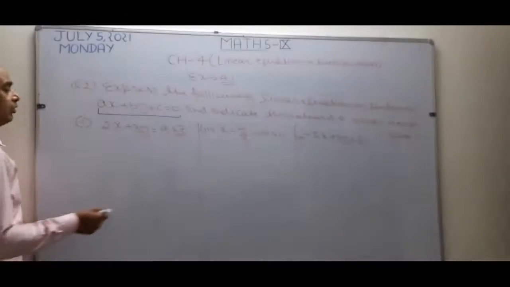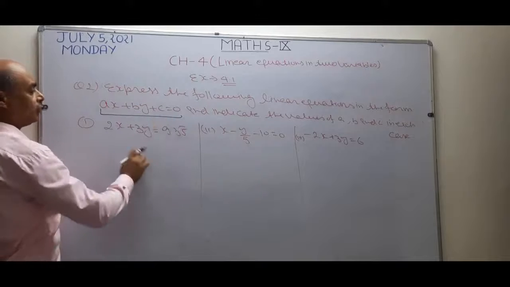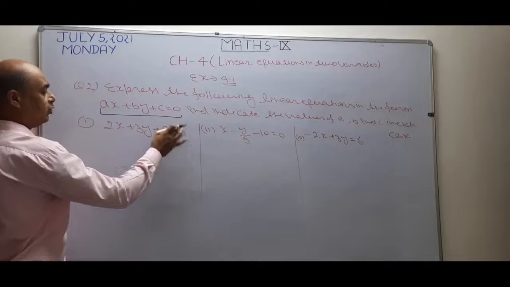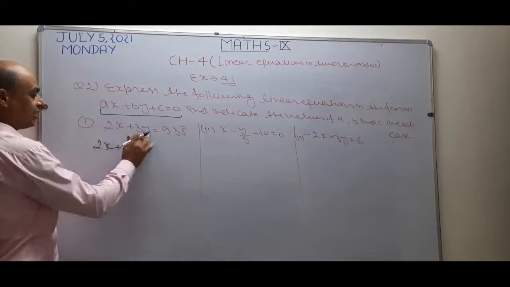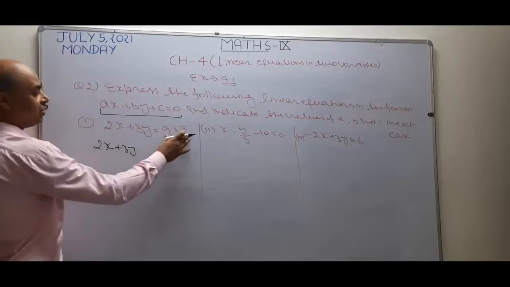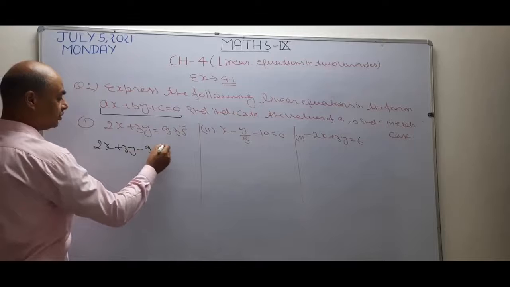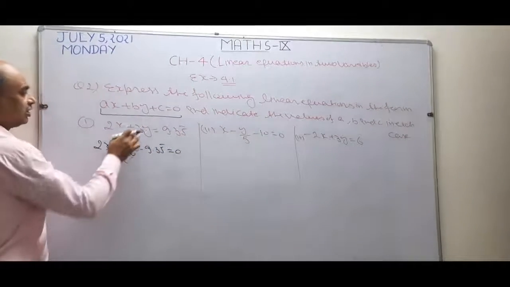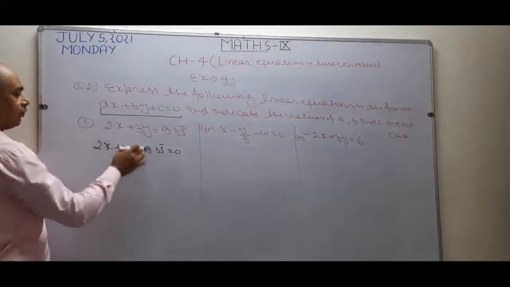So first I am going to convert this given equation into the standard form. In standard form, the right hand side is 0. So I take this term from right to left, so this becomes 2x plus 3y. The left hand side is going to remain the same. I want to change this side, so this positive term becomes negative when it changes its side. So what is left on the right hand side? Only 0. Now this equation is in its standard form.